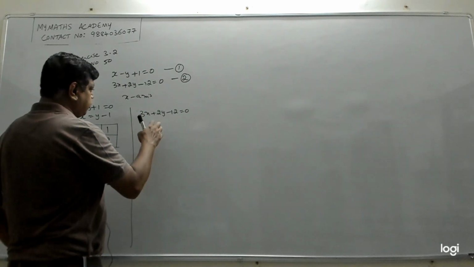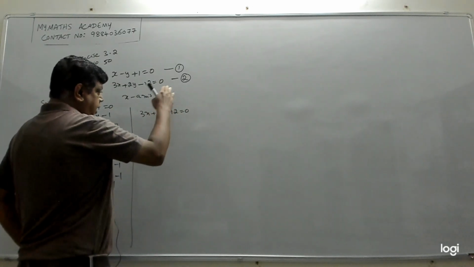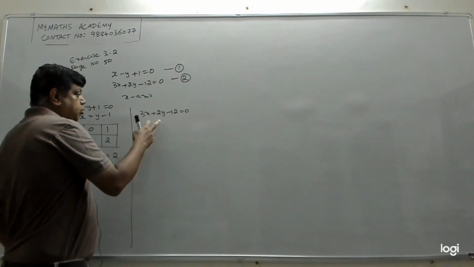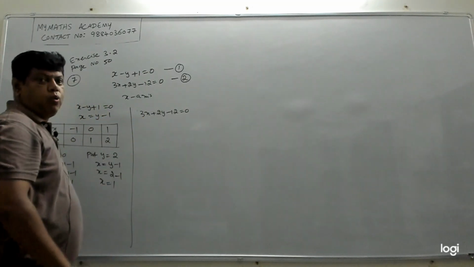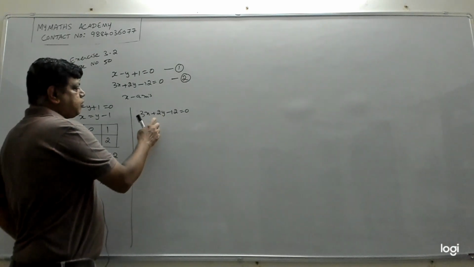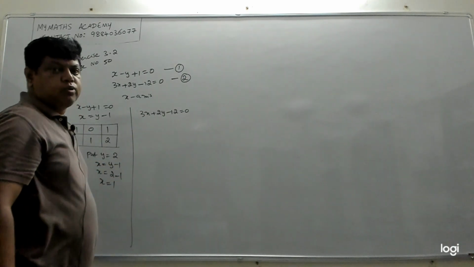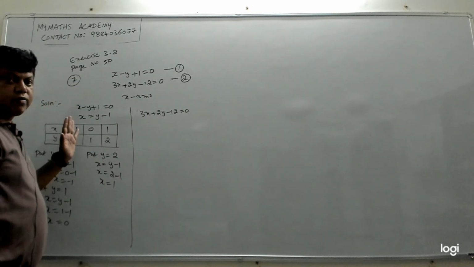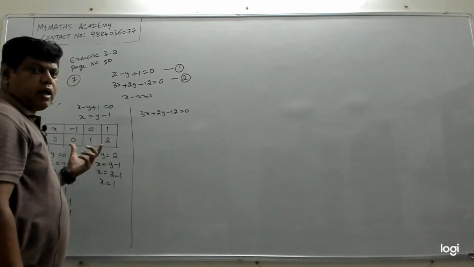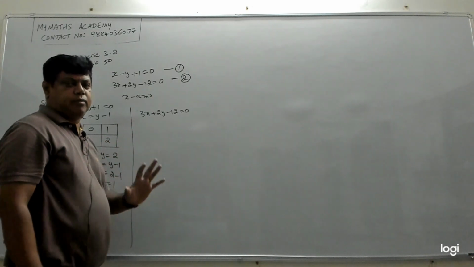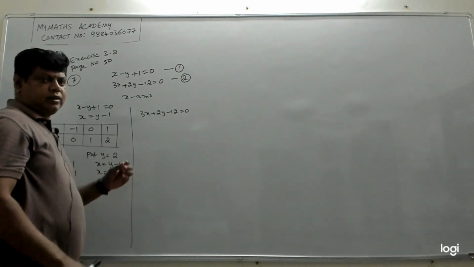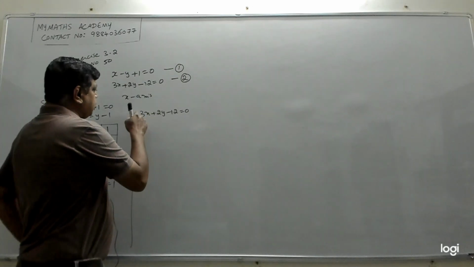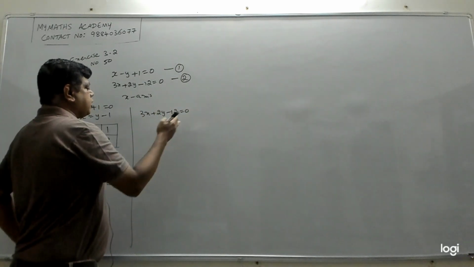For that, I told you we have to keep one variable and take the other variable to the other side, right? So we will generally keep the variable whose coefficient is 1, but none of them have coefficient 1. The coefficient of x is 3, the coefficient of y is 2, which means we can keep any variable. Generally, if the coefficient is 1 and you keep that variable on the left side, the calculation becomes a bit easier. Here it is also easy. So we can keep any variable here and move the other one to that side, it doesn't matter.